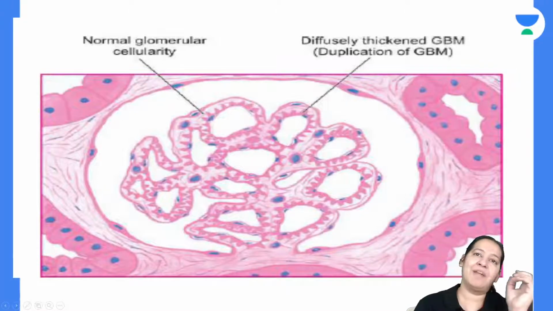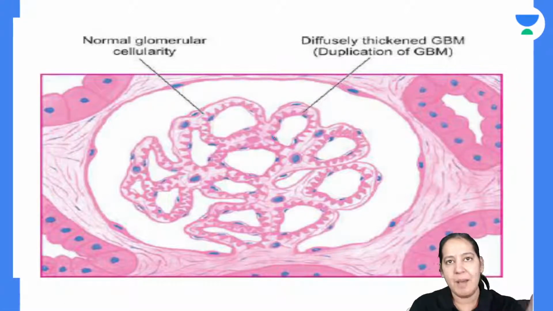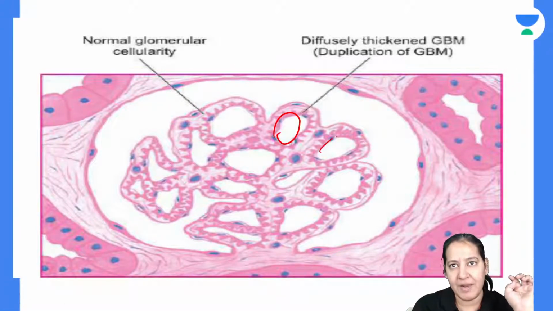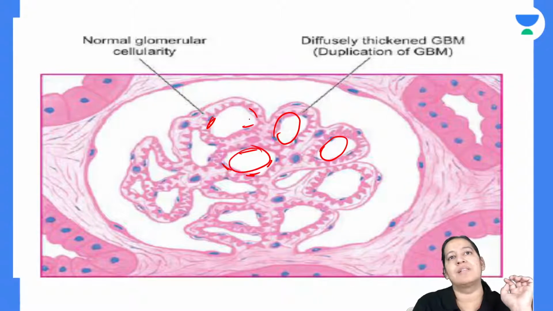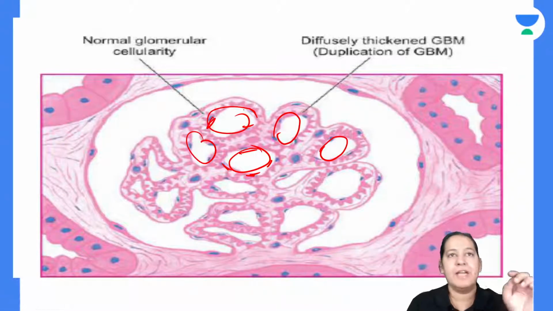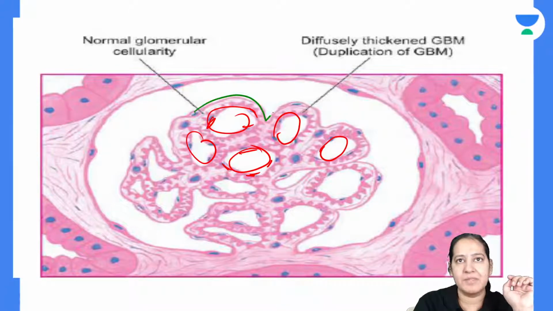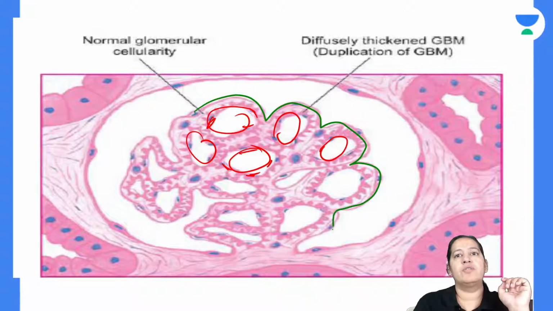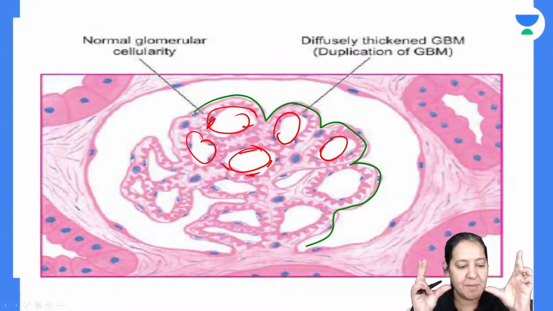This is the diagram of light microscopy. What you will see, ma'am, these are the capillaries, the lumen of the capillaries. Can you see the lining? This flattened lining of the lumen of the capillaries, appreciate the flattened lining. These are endothelial cells. And please appreciate the epithelium. That is the visceral podocyte. In between the two, what can you see? You can see the basement membrane which is thickened.